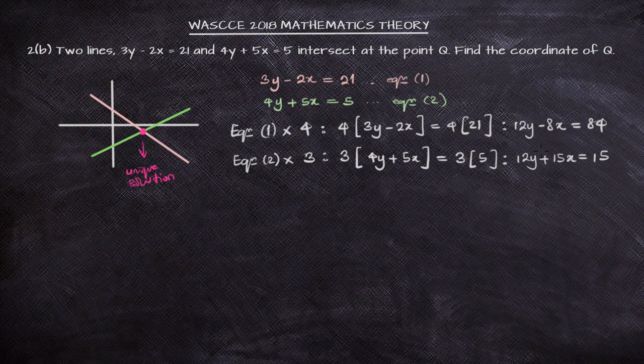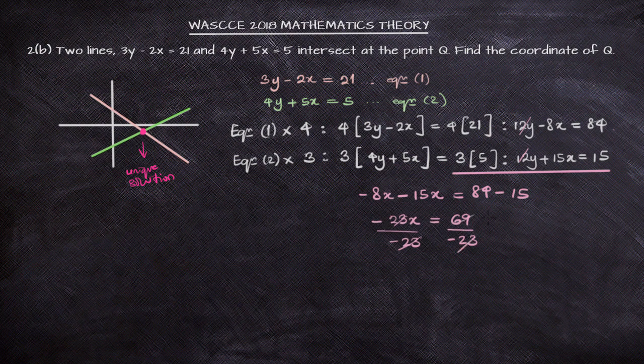Now 12y is common to both. We can subtract the second equation from the first equation. Then we can have only the variable x to solve for. So if you are to subtract like that, 12y will cancel out. So we have minus 8x minus 15x is equal to 84 minus 15. So this will yield minus 23x is equal to 69. Alright. So if you divide through by minus 23